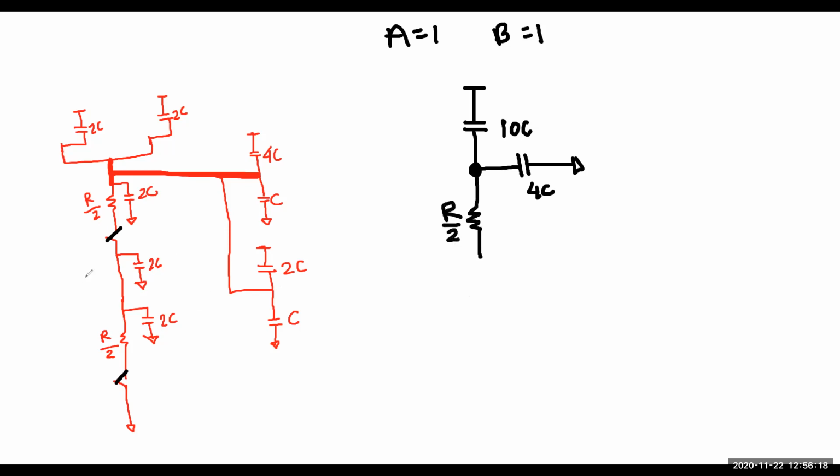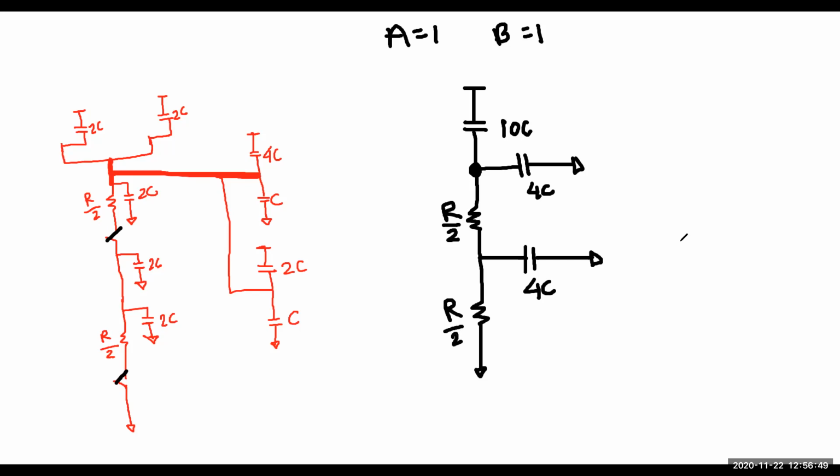Then what? Then we have two capacitors. One is this one. Another one is 4C. They are 4C because not series. They are parallel. So they are 4C. Then what? Then we have another resistor, right? Yes, sir. Then we have what? We have ground. This resistor is called R by 2.